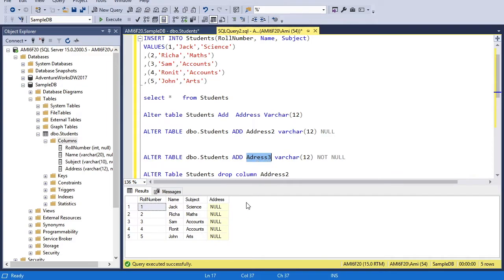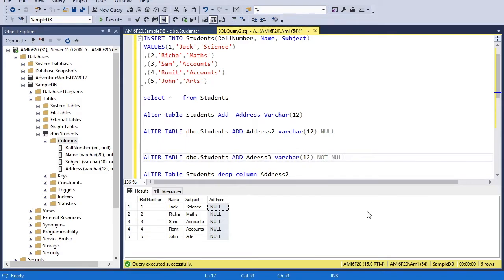If we create a new column with the constraint NOT NULL, then somehow I am contradicting the statement. When the column is created and no value is provided at the time of creation of this column, then the default value would be null, where null stands for not mentioned, no value. So that is why creating this column with the NOT NULL statement is failing.